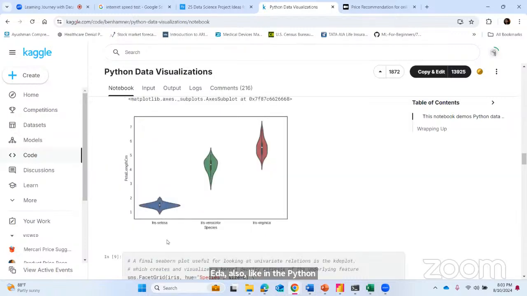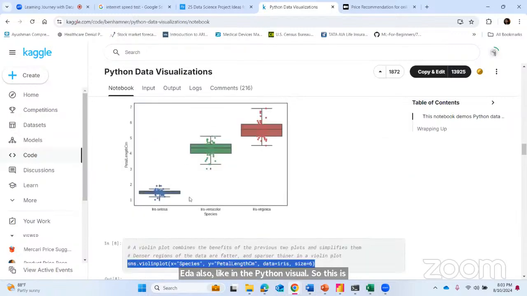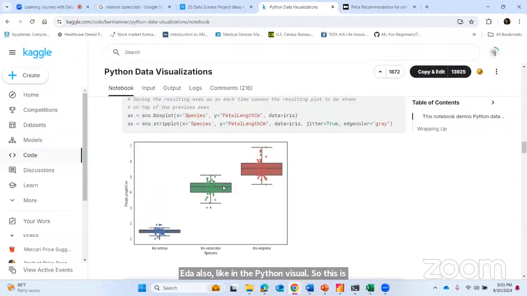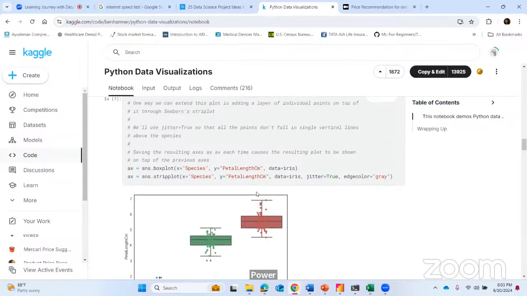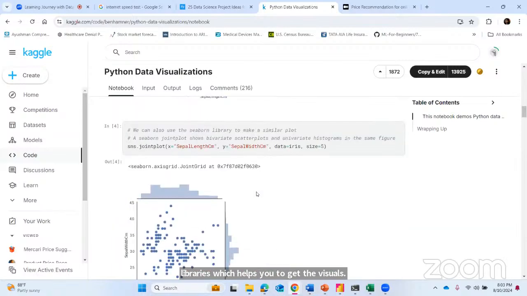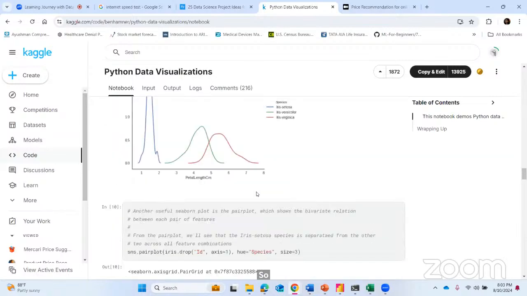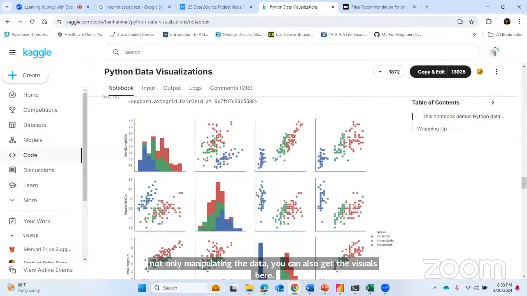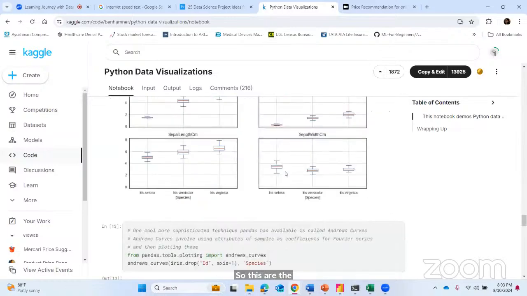This is completely a Python script where I'm seeing the figures also. You can use Power BI, as well as in Python itself you have libraries which help you to get the visuals. So not only manipulating the data, you can also get the visuals here. These are the visuals, and then you can get the final output also.